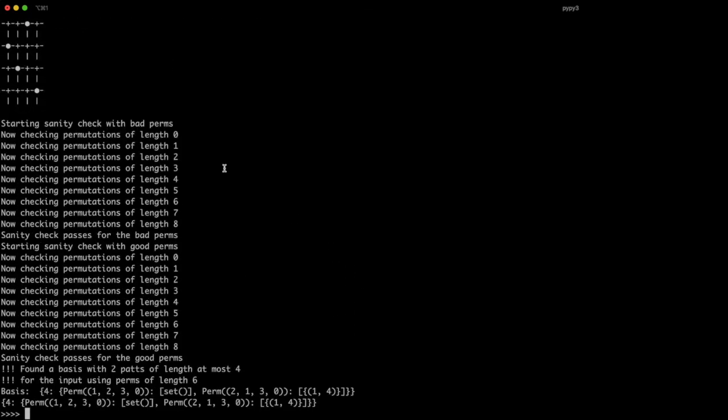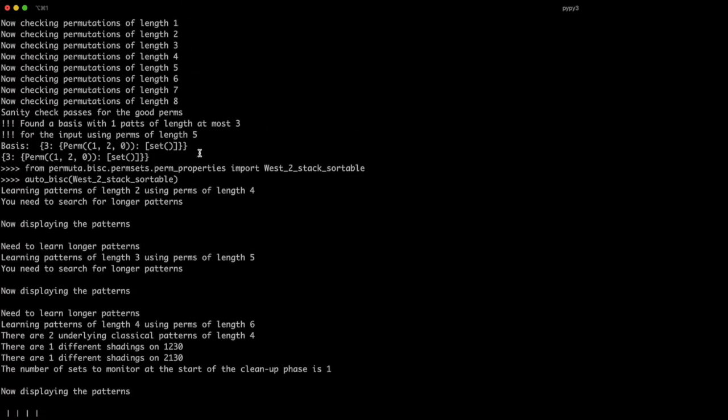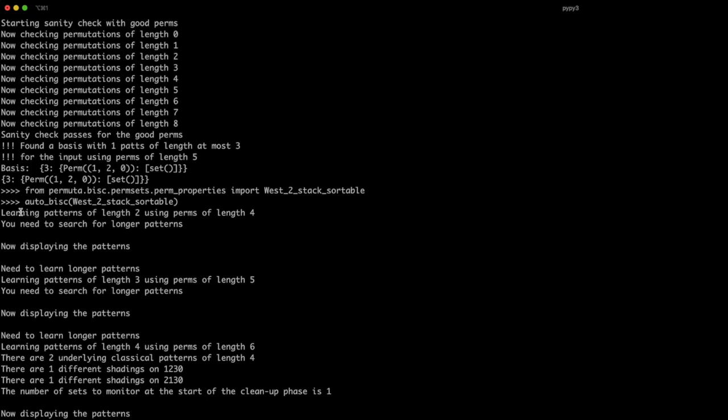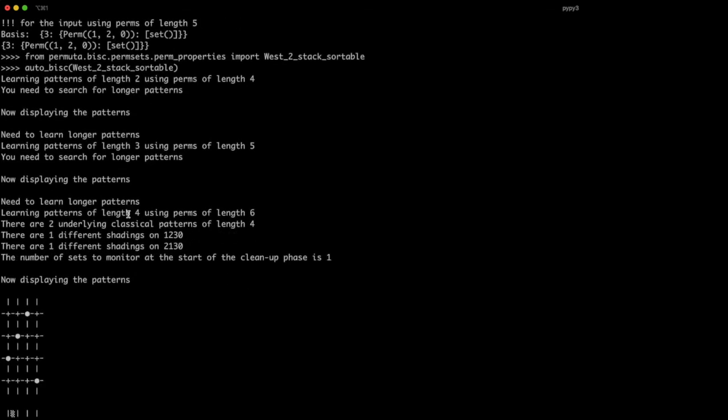And now let's take a look at what it's doing in slightly more detail. It will start by trying to learn patterns of just length 2 using permutations of length 4. It quickly realizes you need to search for longer patterns. It tries to display the output, but there isn't any output yet. It now tries to learn length 3 patterns using permutations of length 5, realizes it needs to keep going into higher lengths. And finally, when it's looking for length 4 patterns using permutations of length 6, we start to get